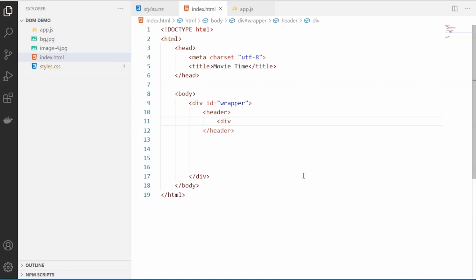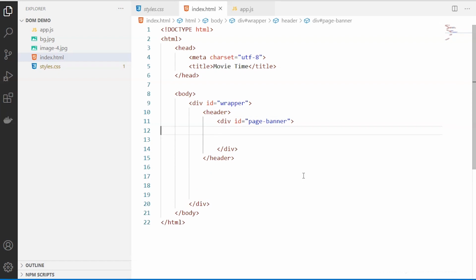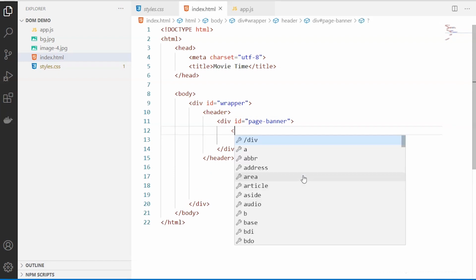So inside my header, I'm going to have one more div, and I've already created the style for this. So this will be the page banner. And inside my page banner, I'm going to have this title.